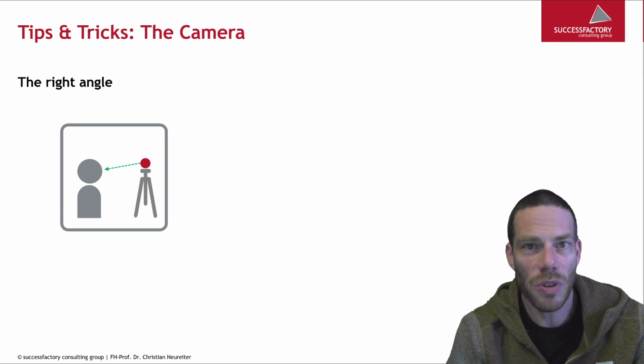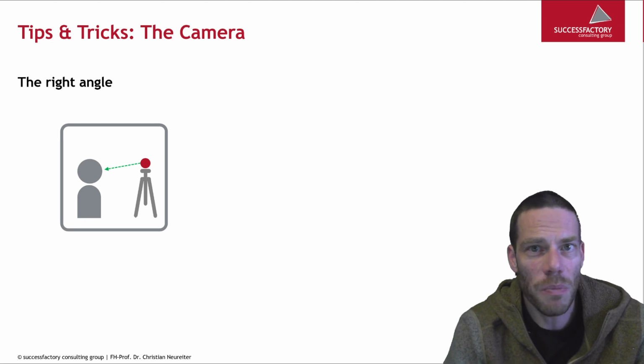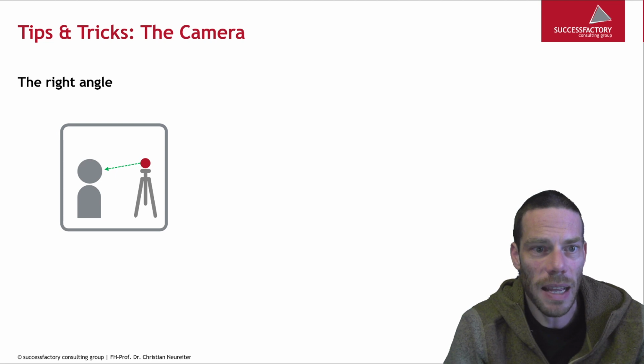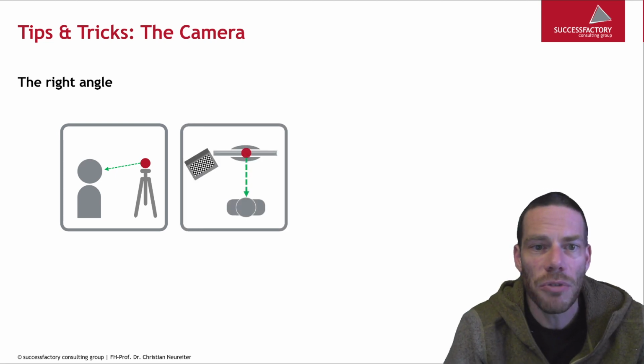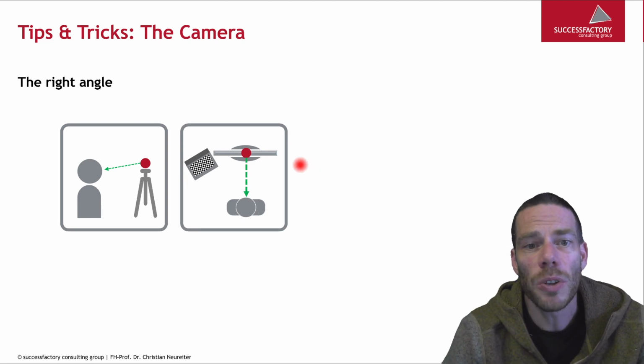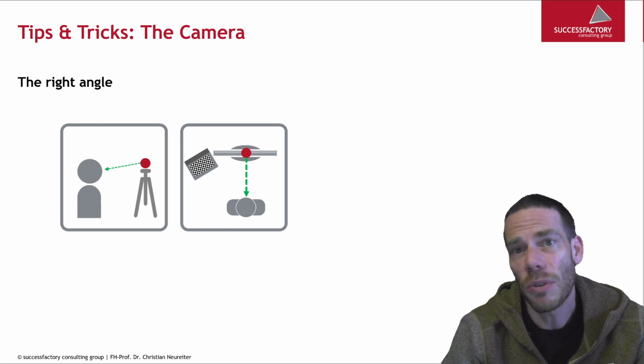So this makes the picture much better. It's like in photography. When you make a portrait of a person, you would try to get the same angle like that. This is basically a good position. And from the horizontal position, that's clear. Probably you want to have the camera just in front of you, so you can directly look into it and